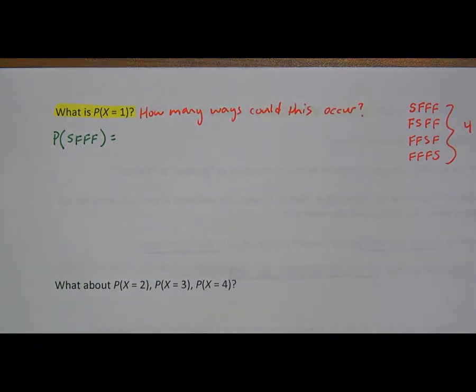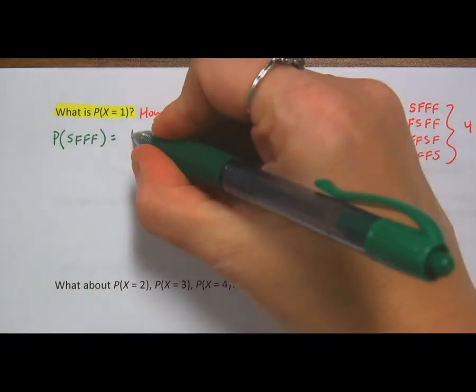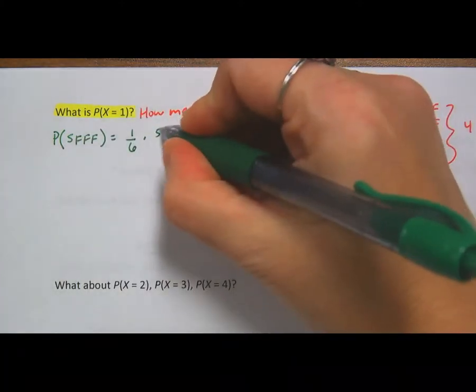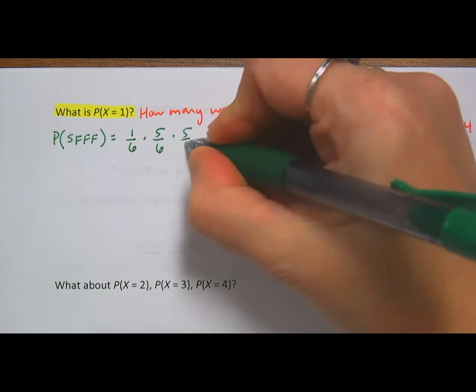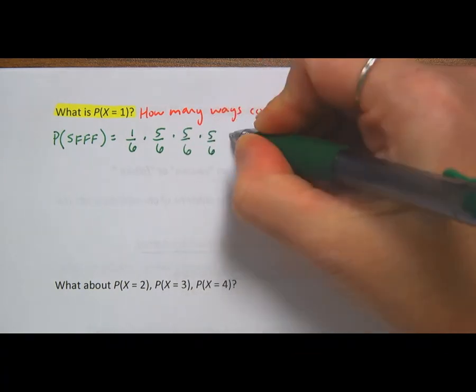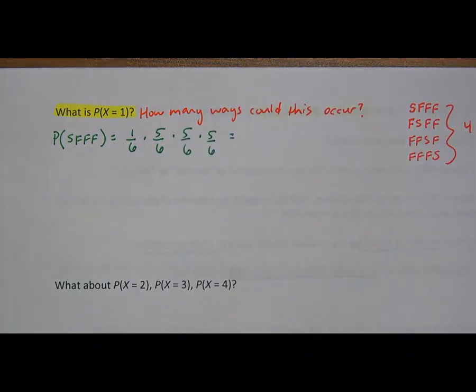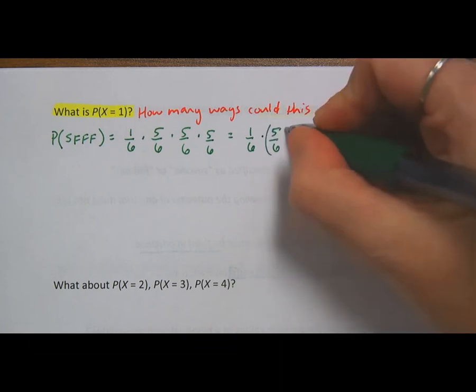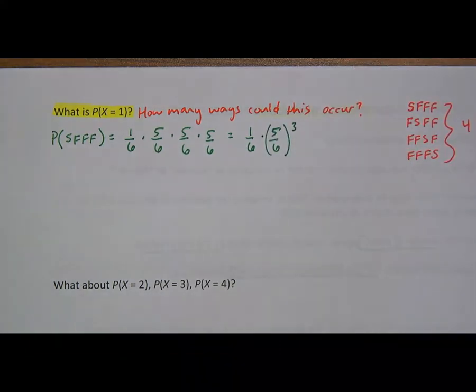These are independent of each other, so I can just write the probability that I have a success on the first trial times the probability that I fail, and then fail, and then fail. And a short way to write that is I've got 1 success and 3 failures. So failure to the 3rd